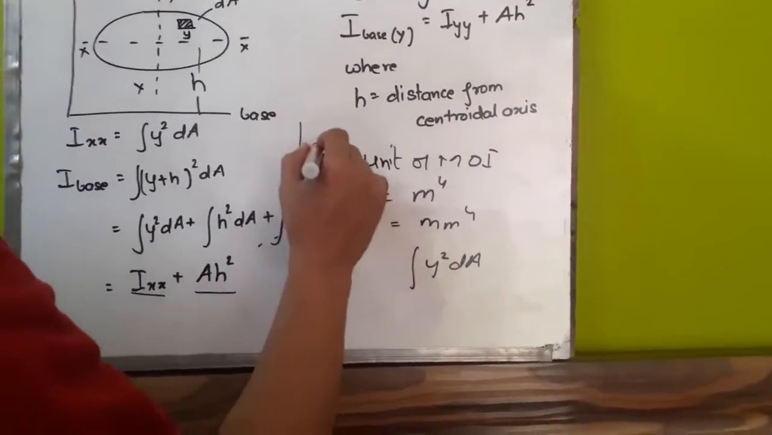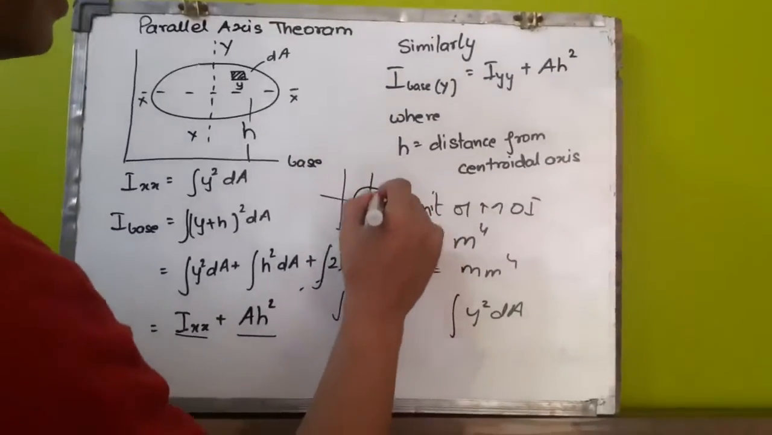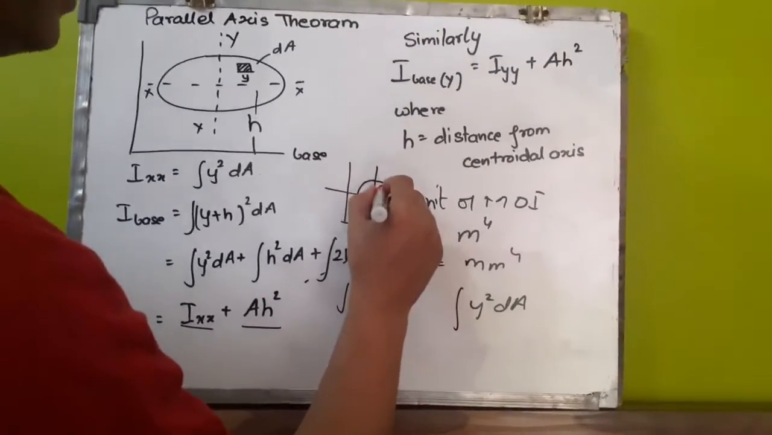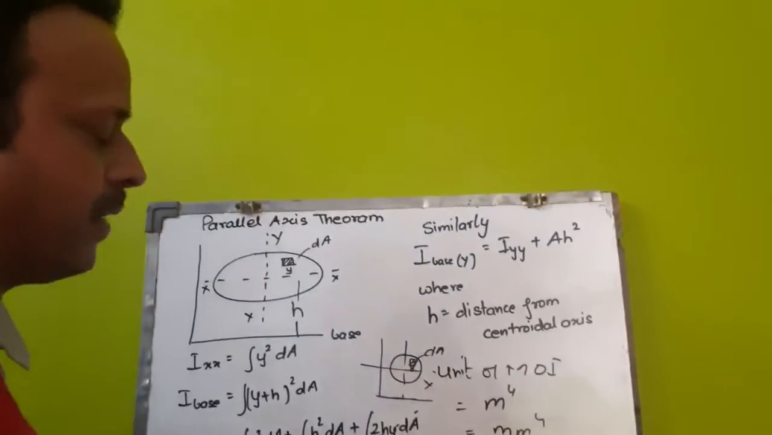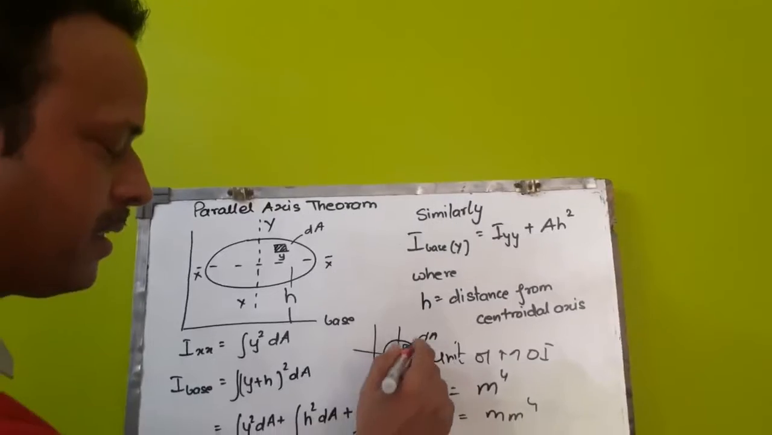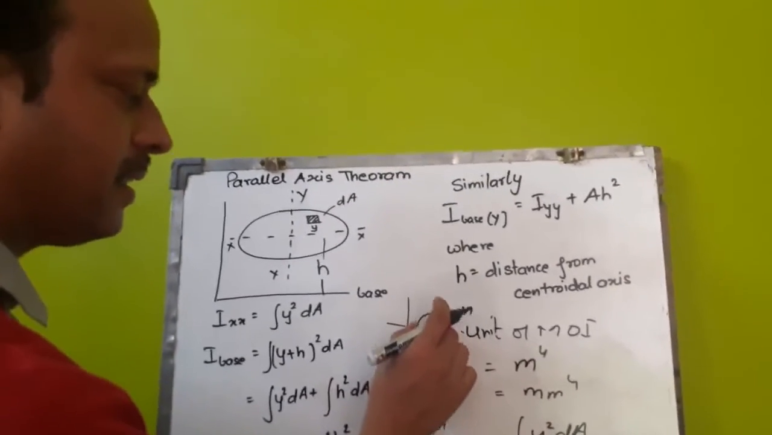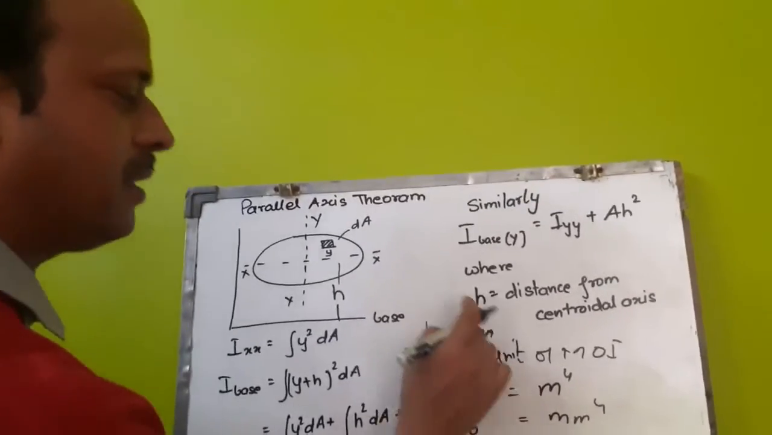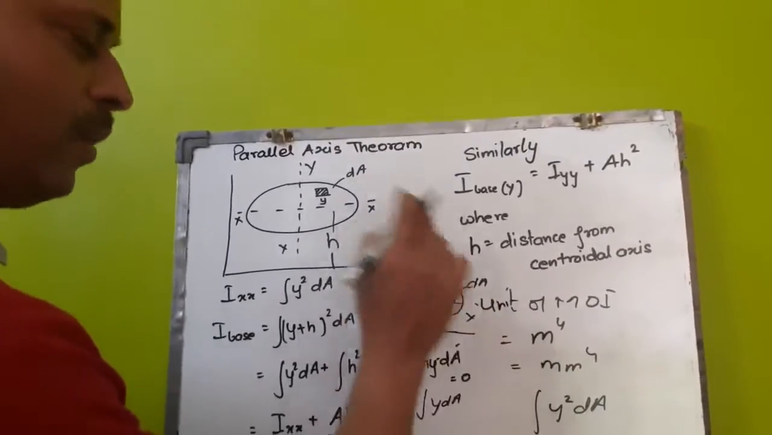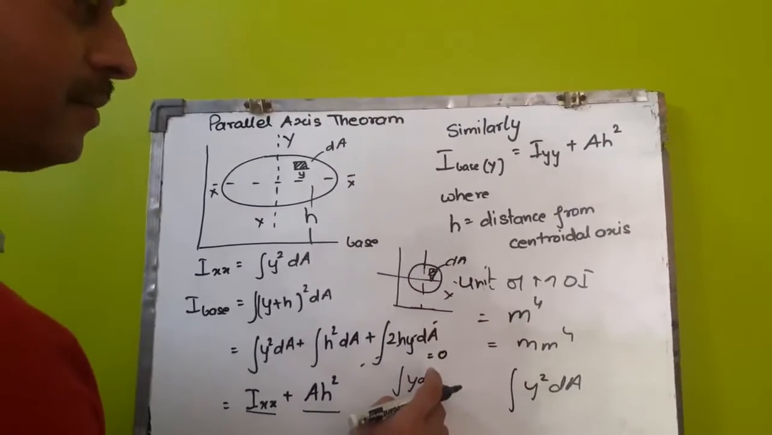You are finding out, this is your x axis, you are finding the first moment of this area dA, which is located at a distance y. So this is positive y, this is negative y, this is again negative y, this is positive y. So if you integrate about this entire area once, you will be getting the sum as 0, because